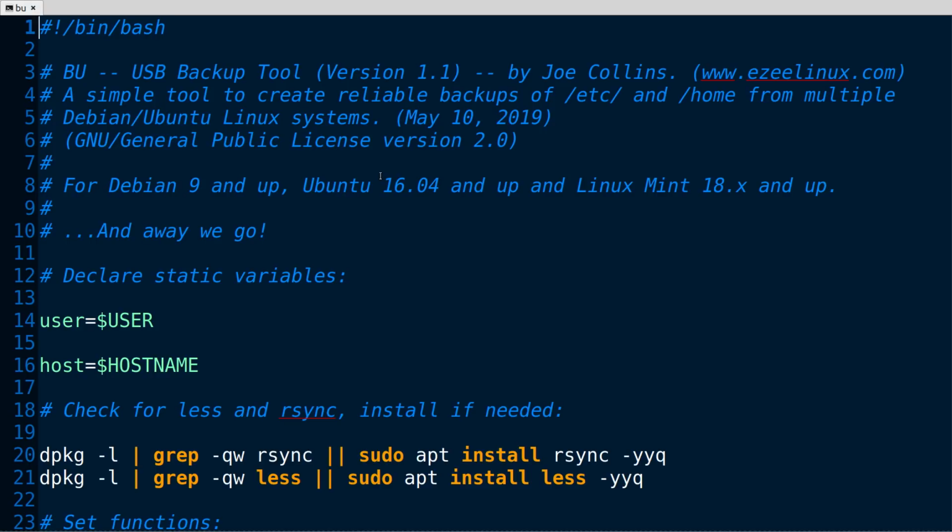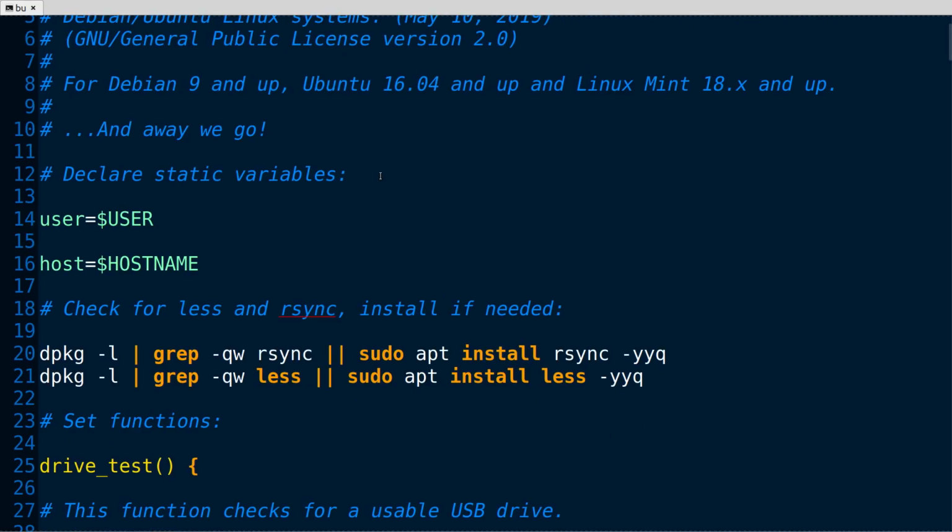So this is BU. And when you download it, you will get this file, which is perfectly readable in any text editor, and it also functions as a program. If you're not familiar with how scripts work, I have videos up about that. I guess maybe this part is for more advanced users anyway, because I'm going to really glance over this and show you the highlights. So the first thing that we do is we grab some local variables.